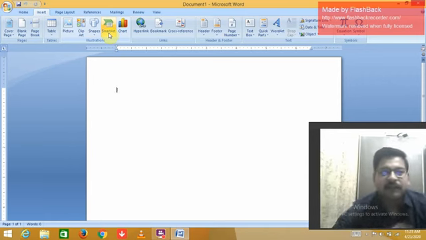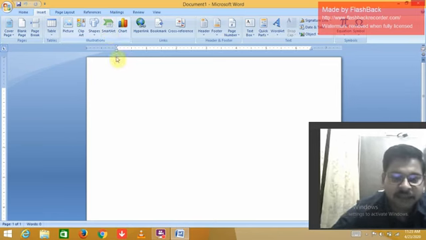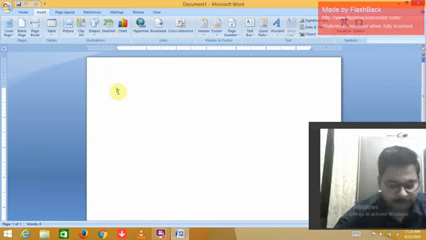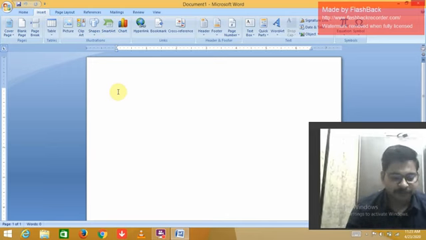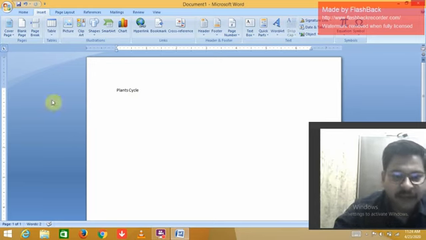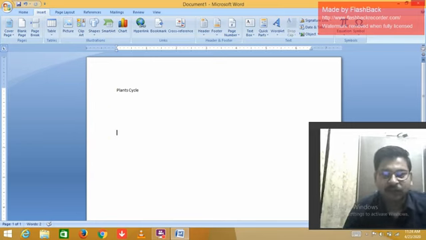So in this section we study how to insert a smart art, and we should follow the process. To insert a smart art, place the cursor where you want to insert it. This is the cursor. Place it anywhere of your choice. Let's take an example of a plant cycle. So I put a heading of plants cycle. Here in this section we write anything about the plant cycle, and now we have to place the cursor anywhere on the document.